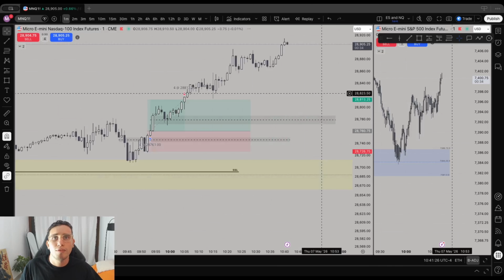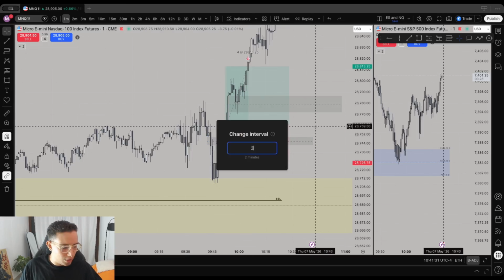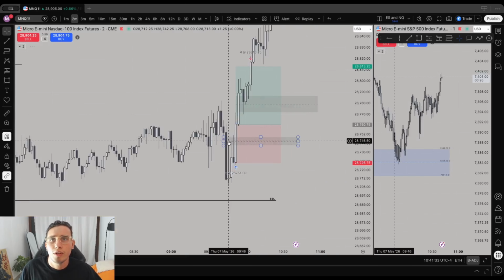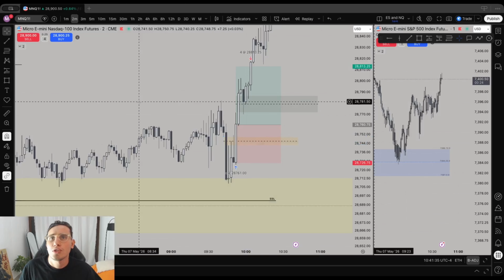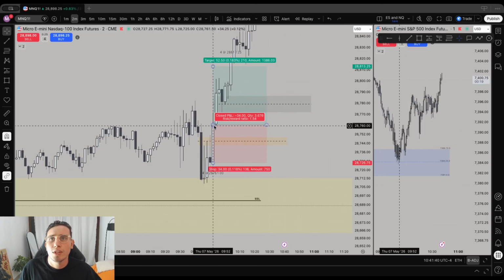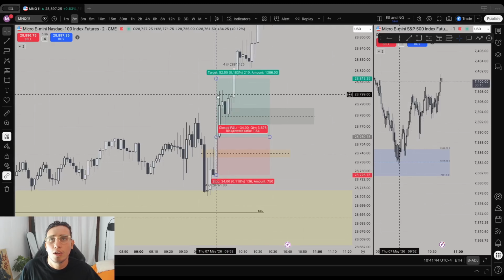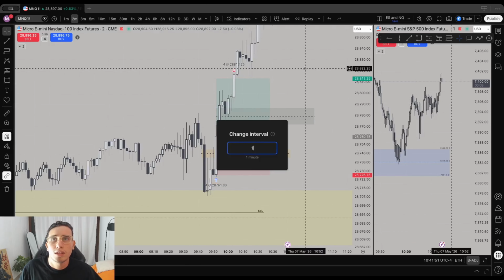We go on a lower time frame. We get that, and then we have this 2-minute fair value gap that I marked. I'm going to mark it in orange. So this is a 2-minute inverse fair value gap. We inversed it, and I entered based on that inverse, targeting 1.5 hour and putting my stop at the low of the candle, and then basically tapped inside the trade.